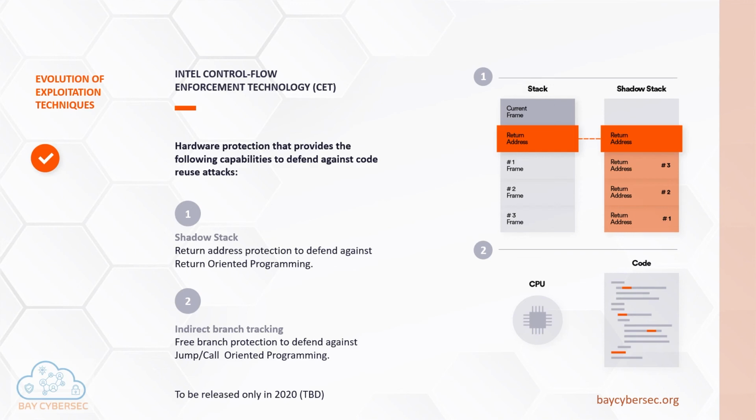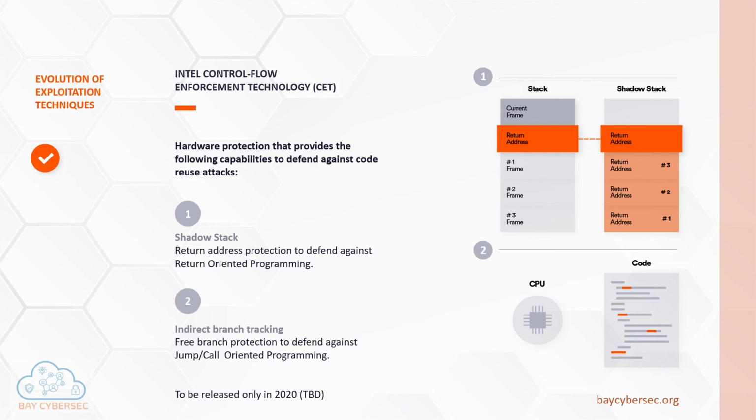How do they do this? They enforce it in two ways. The first way is that any ret command issued by the CPU is always compared to another stack that exists in the CPU behind the scenes, which isn't accessible to anyone. It's called a shadow stack. Every time you call into a function, that return address is also copied to the shadow stack. If the attacker overwrote that address, when the CPU performs a ret command, it compares where the CPU is about to jump to with the shadow stack. If it's not equal, an exception is raised and the program is terminated.